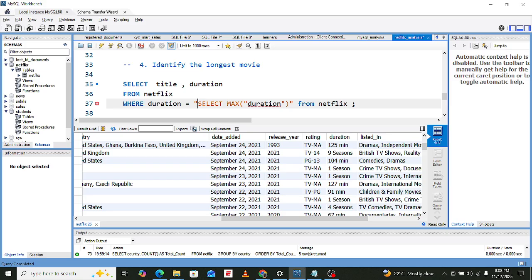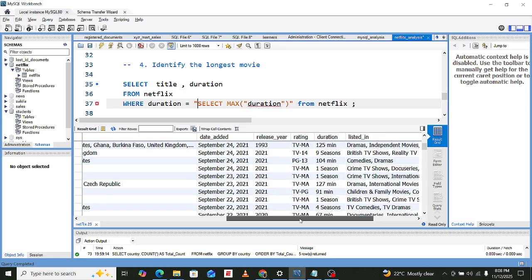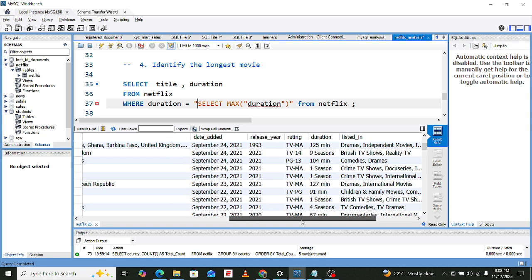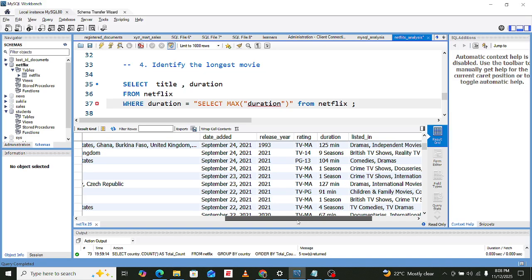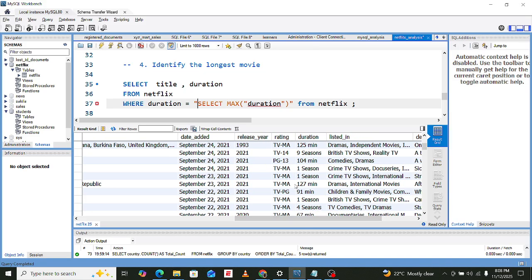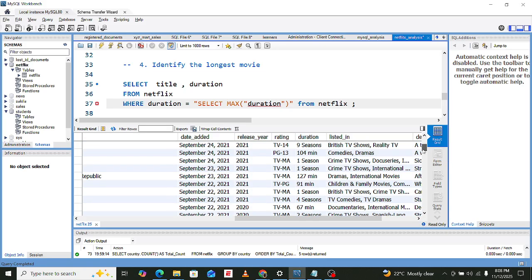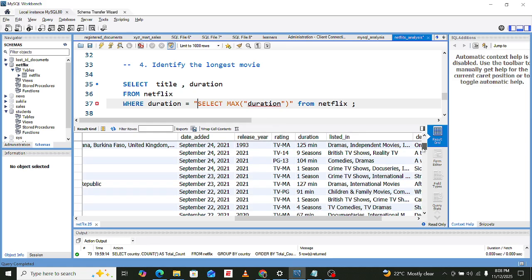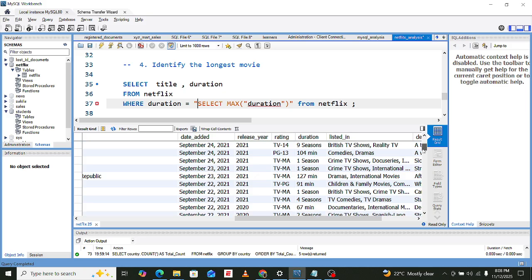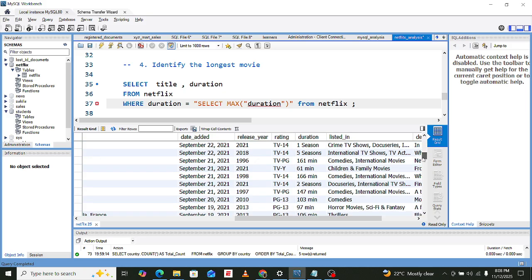Well, I think since we are working with movies, we will only deal with when time is in minutes and in seconds. So we should convert the minutes to either seconds or the seconds to minutes. Then from that, we may now check the maximum of the newly formed values. Like in the column of duration, I can see we have minutes, we have seasons.